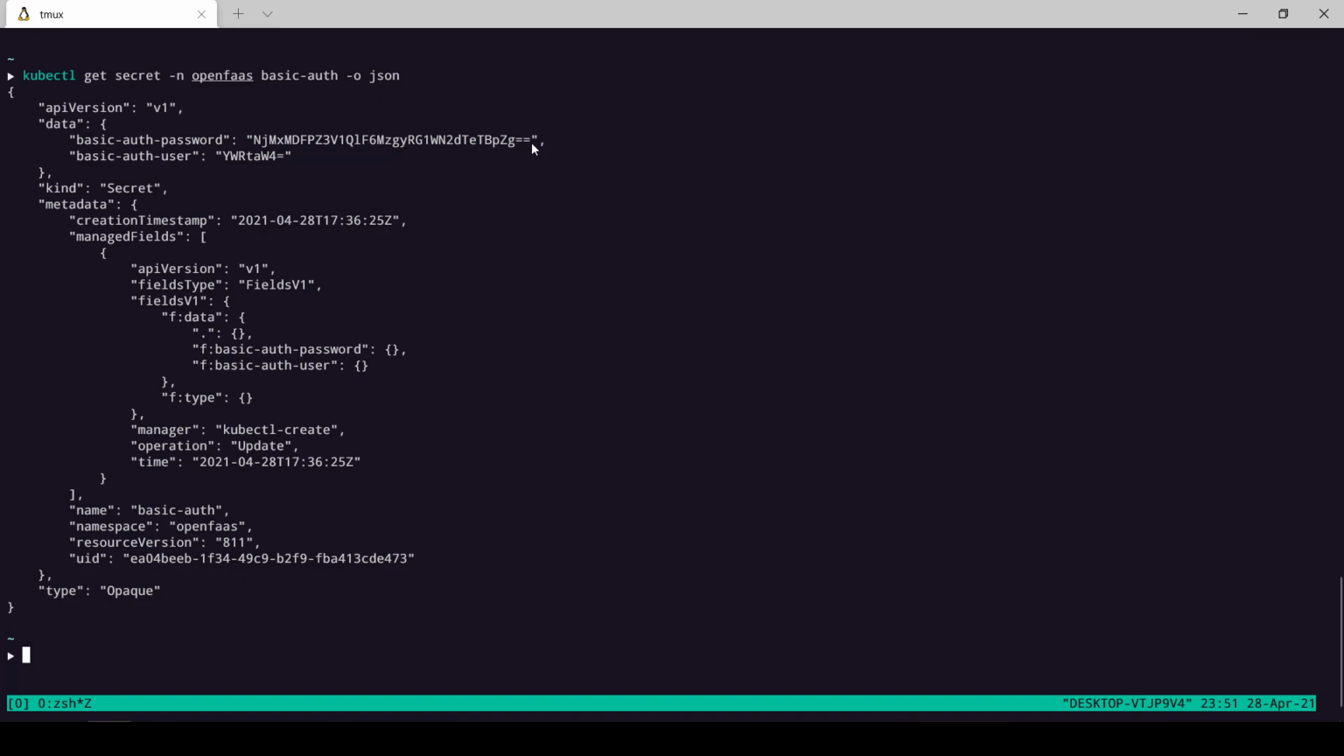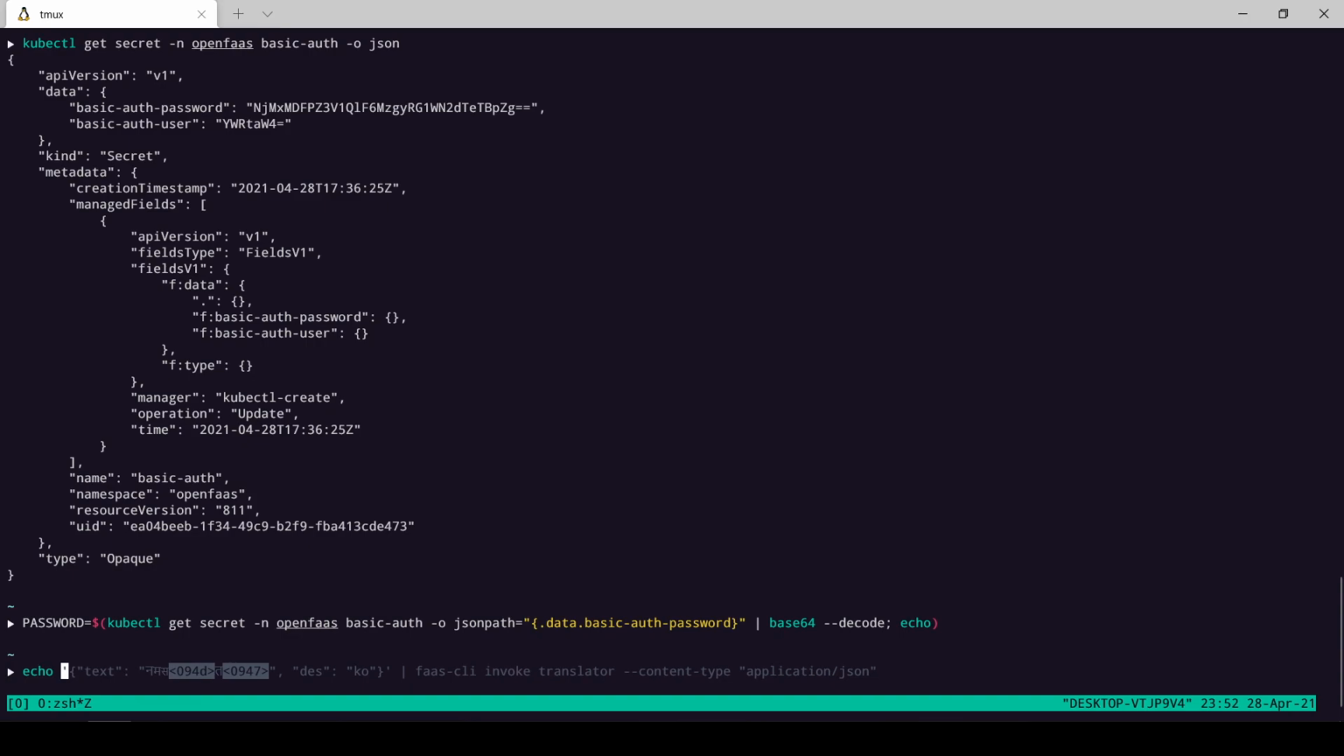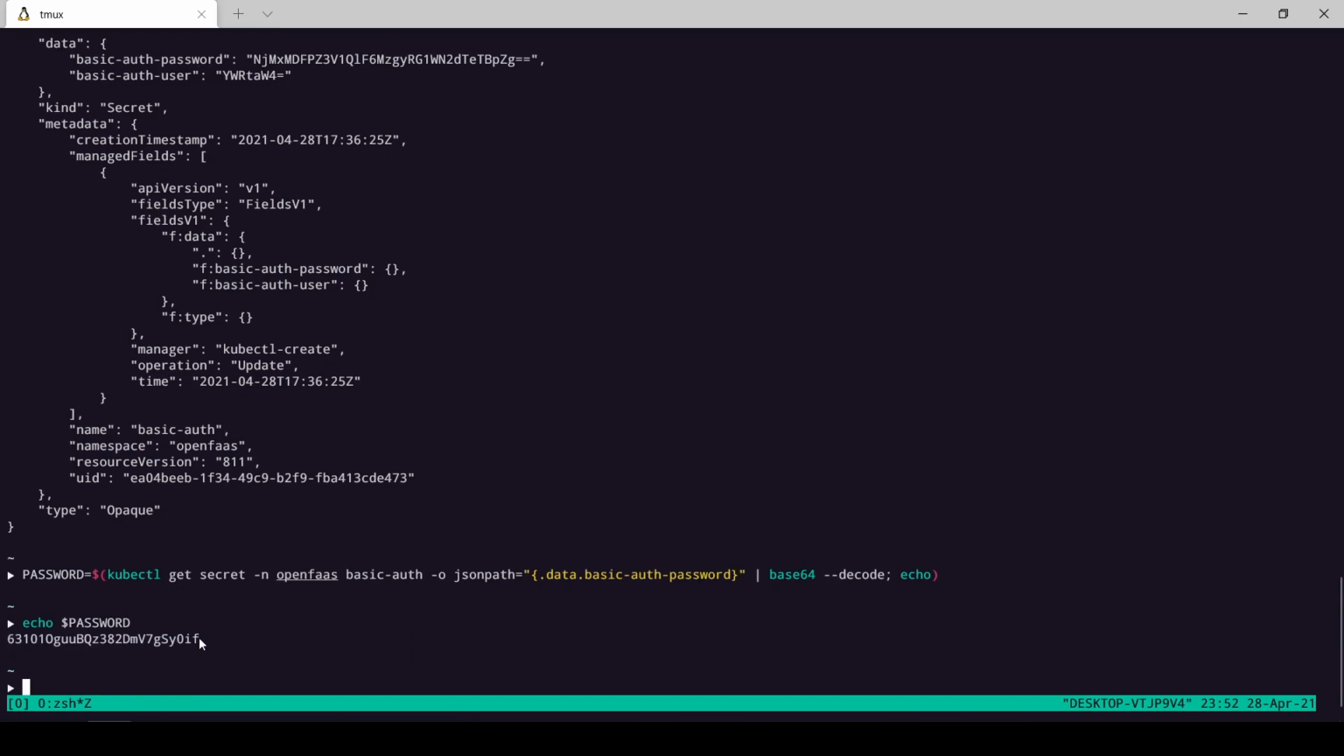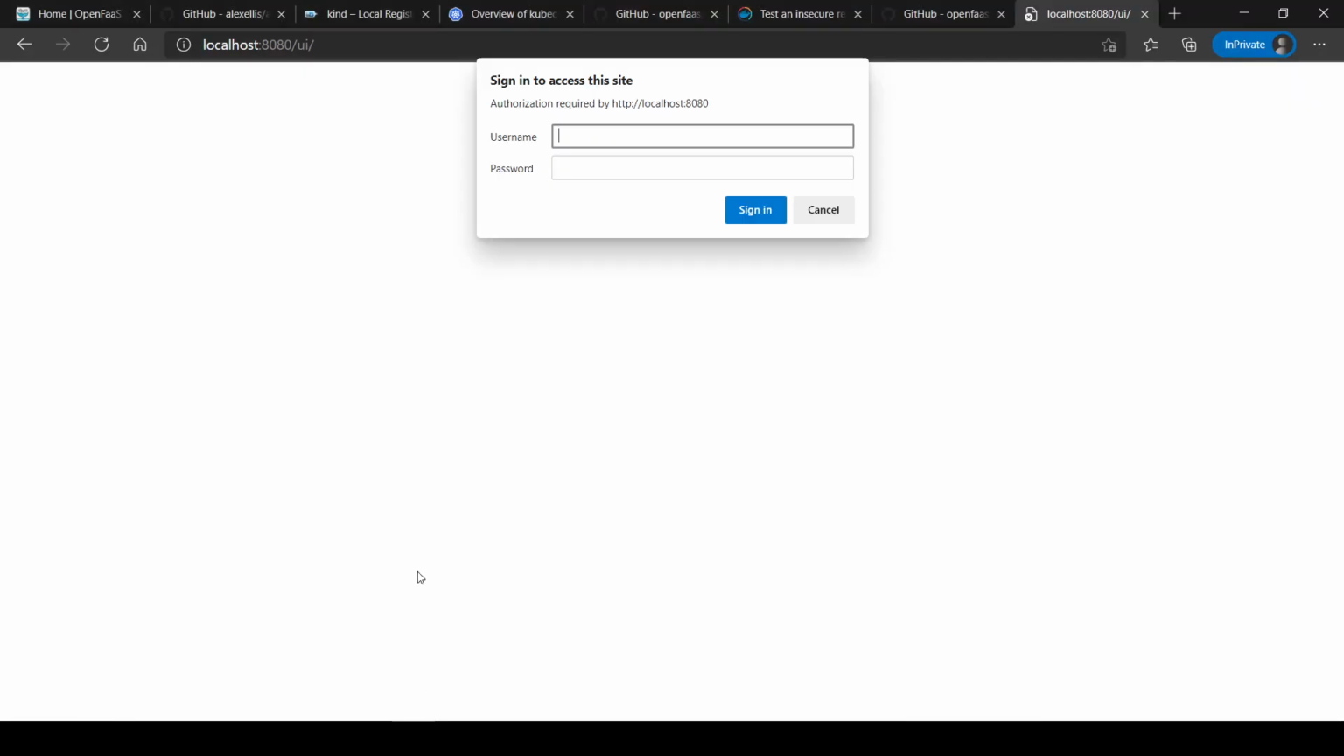It's pretty straightforward. While I'm decoding this password, I'm going to store it in an environment variable called password, and I already have this command here. So I'm evaluating this command and storing it to the password variable. What I'm doing is kubectl getting the secret. Most of the command is similar to before, but what I'm doing extra is passing the jsonpath argument and getting the password from .data, basic-auth-password. I'm going to pipe the output to base64, decode the value, echo it and save it to password. Once that is done, I'm going to do echo $password, and this is going to be the password for my OpenFaaS UI. Back to the browser, so password